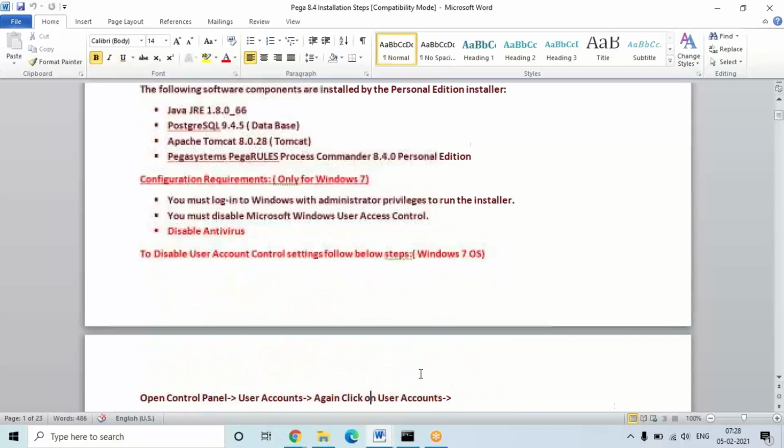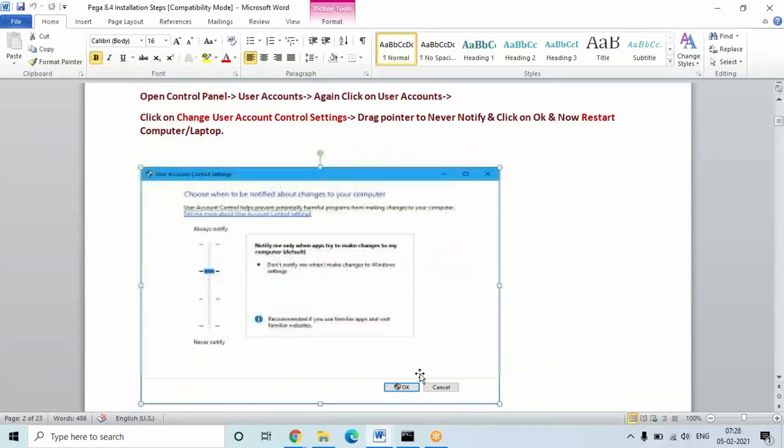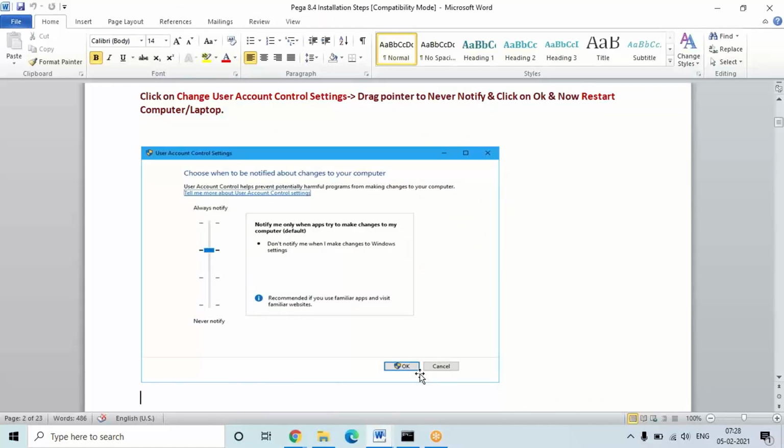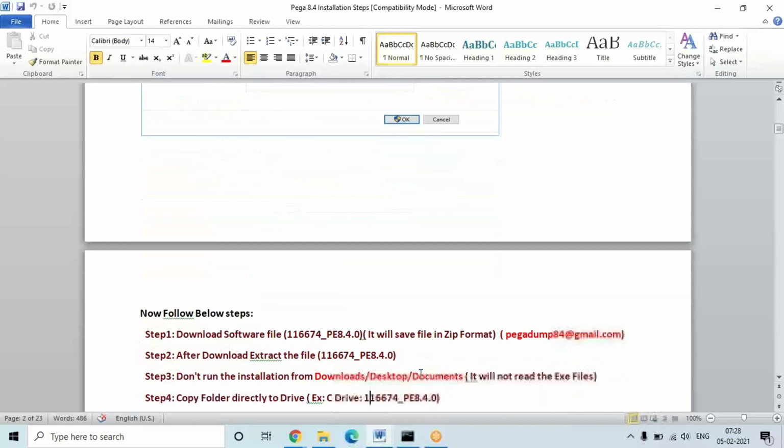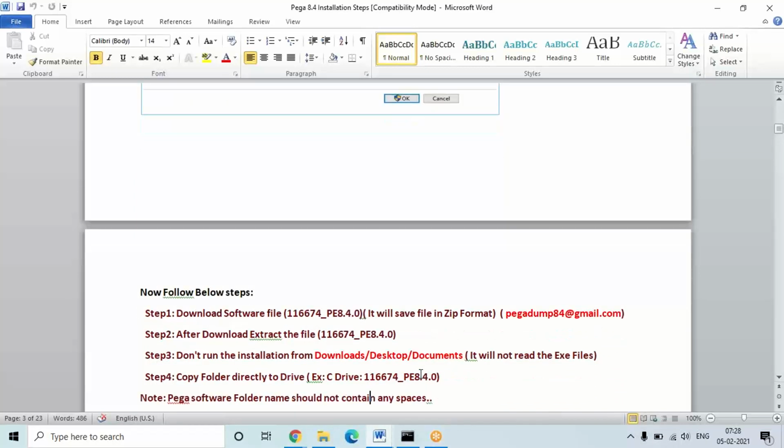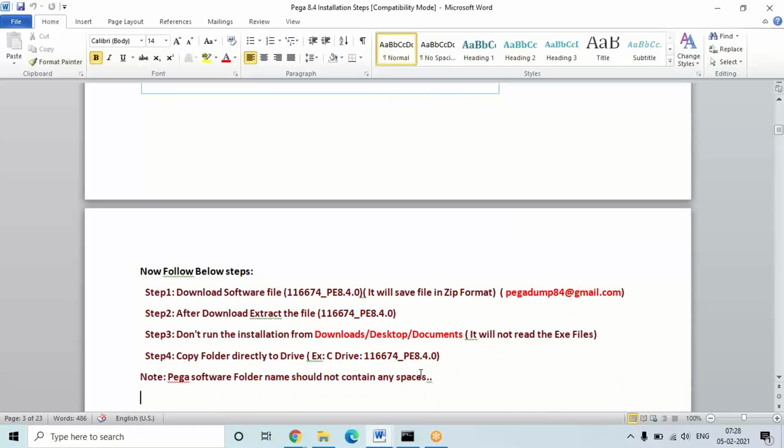And I'll be sharing a file immediately, maybe today, end of the day, or tomorrow maximum you'll be getting. So you can install in the weekend, no hurry. By Monday or Tuesday you can complete the installation. There is no hurry. Once we extract the folder, actually copy the file to some directory in your system. Without copying to a directory, it may not install.